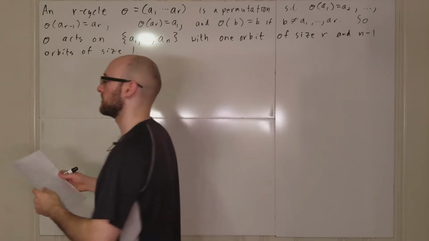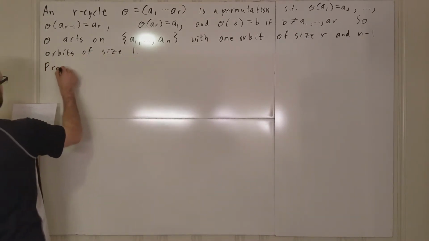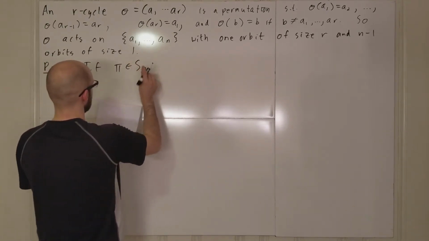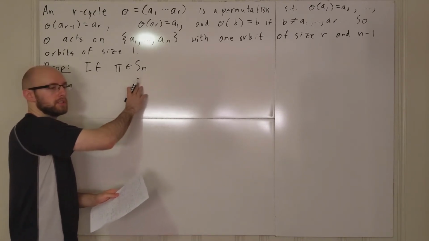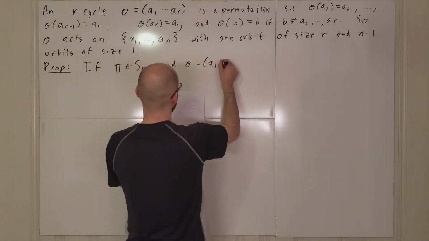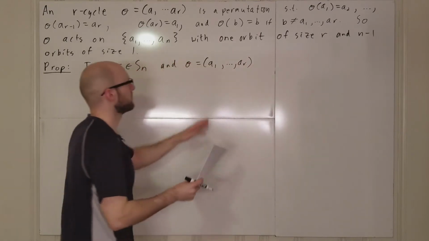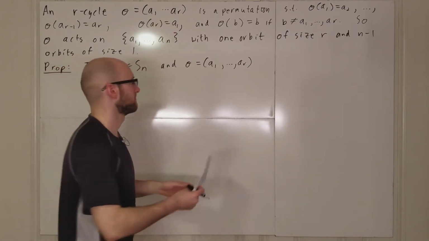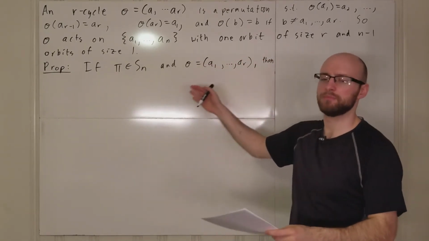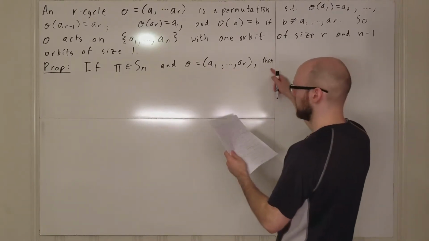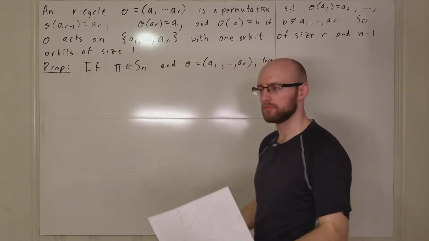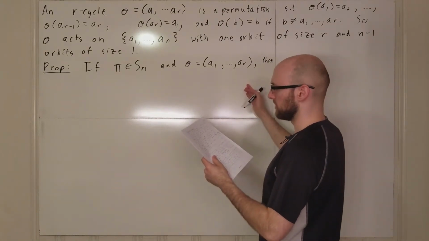Okay, so that's the basics of permutations. Another fact: if pi is in Sn, the collection of permutations of the indices 1 through n, and of course pi for projection, and sigma is an R cycle. Sometimes I'm going to put these commas in here, sometimes I'm not. It doesn't really matter. Sometimes the commas make it more helpful, but sometimes they're just a little annoying to write out all the time. So I'll write the commas when they're useful, and I won't write them when they're cumbersome. So if sigma is this, then